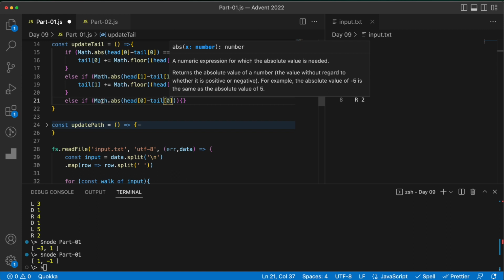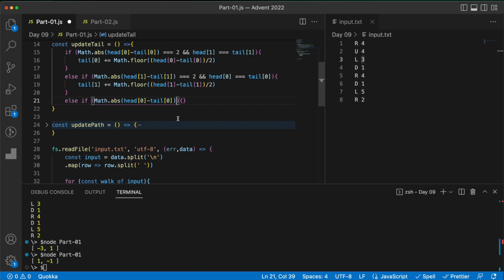I could do this the other way around because I'm using the absolute value, it doesn't matter, but I'm doing it like this, so I'm staying the same in all the places. So if this is greater than 1, so it's 2, we could say 2 as well,